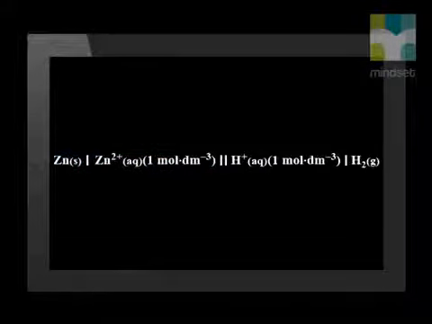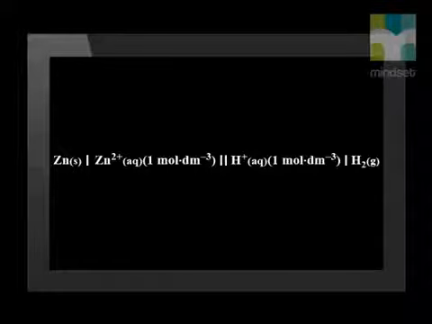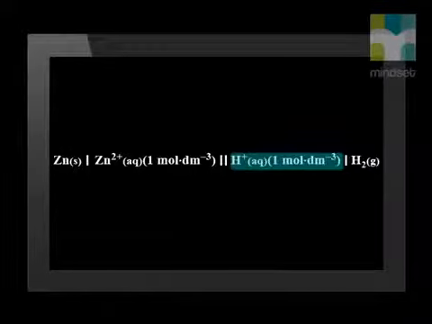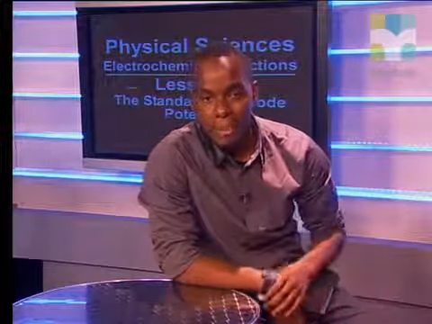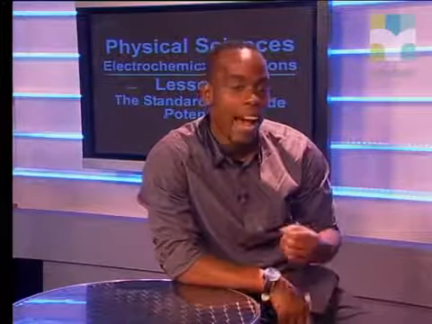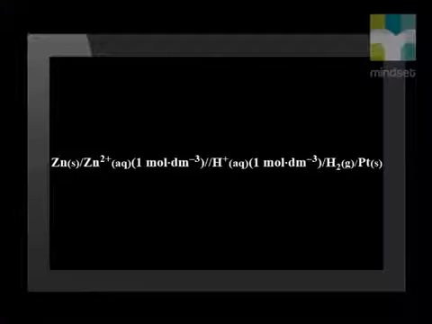The standard hydrogen electrode is the cathode. In this half reaction, the H+ aqueous ions are reduced to form hydrogen gas. Since the inert platinum electrode was used in the hydrogen cell, it is included in the cell notation. It is always written to the outside of the cell as platinum, with the symbol Pt and S for solid